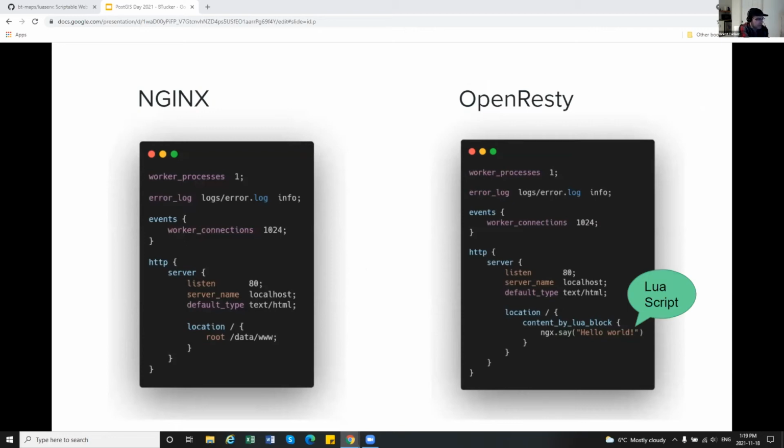So we have a config file on the left of Nginx. OpenResty, same thing, but you have this content by Lua, so you can inject things in there. You don't have to put all the code right in the configuration file, but that's up to the user. It's pretty low level, but